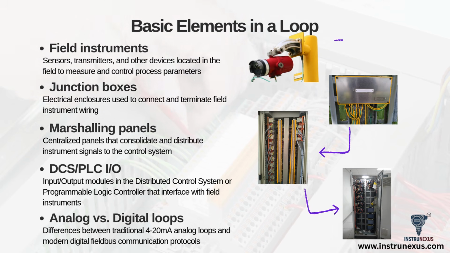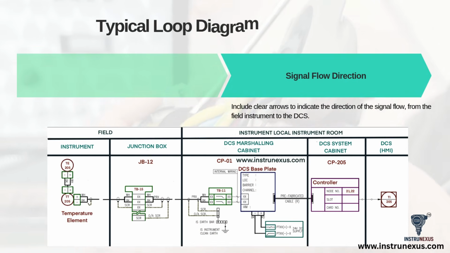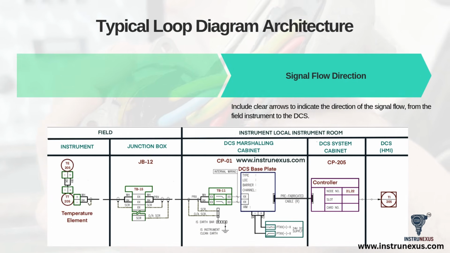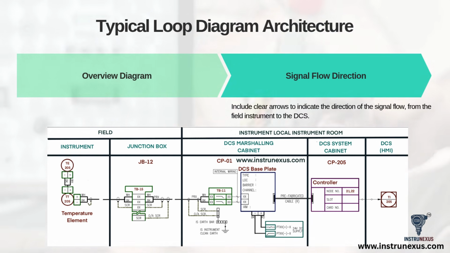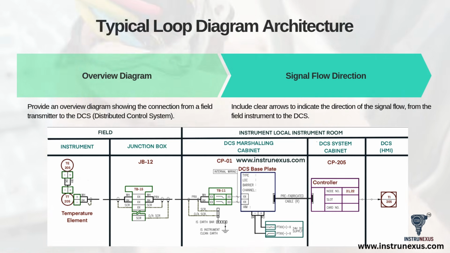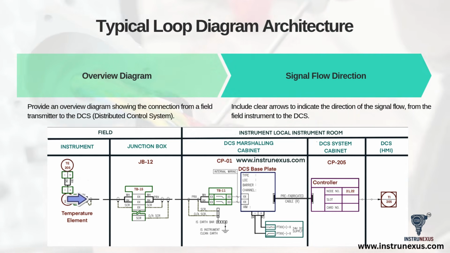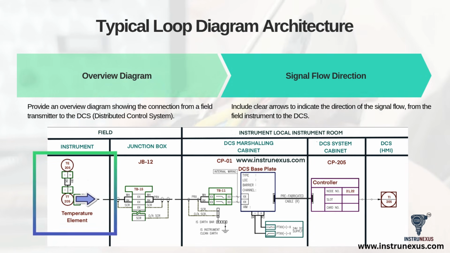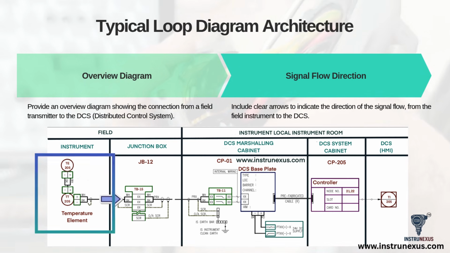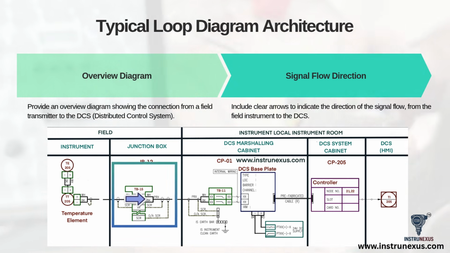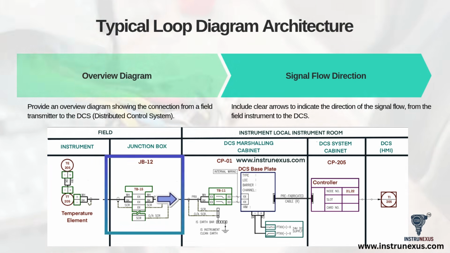Here we see the typical architecture of a loop diagram using the furnace temperature control loop as an example. This provides a clear overview diagram showing the connection from the field transmitter all the way to the DCS. Let's trace the signal flow. On the far left, in the process area, we have the temperature element, TE205, connected to the temperature transmitter, TT205. The signal, represented by the dashed line, leaves the transmitter and goes to a specific terminal strip, TB15, in the